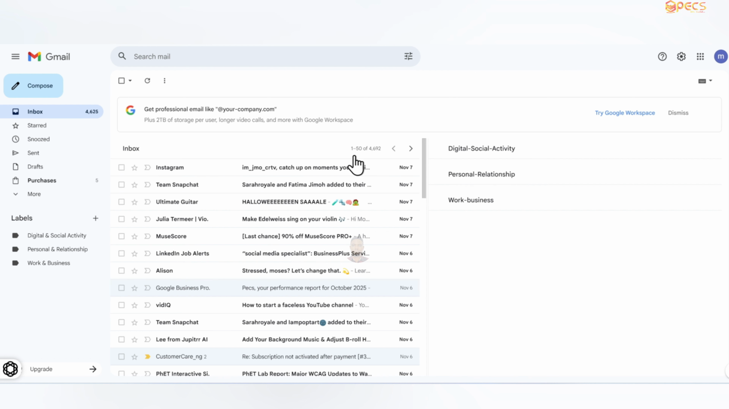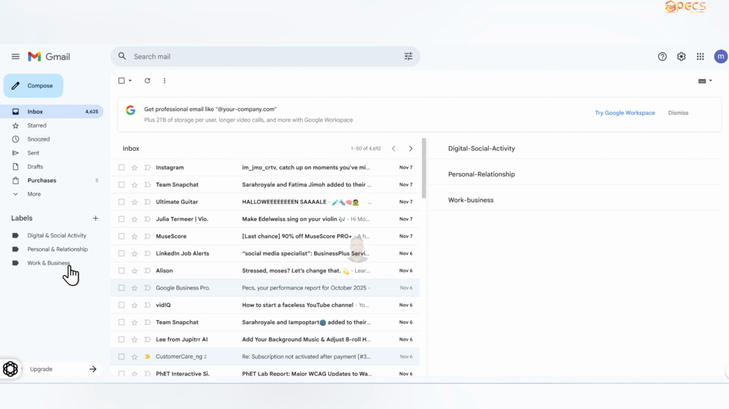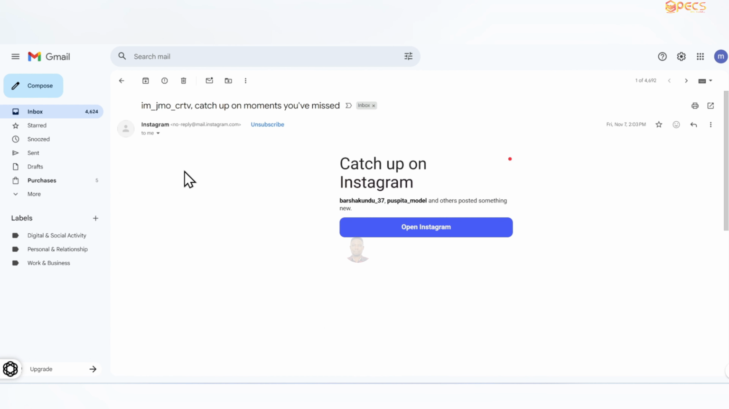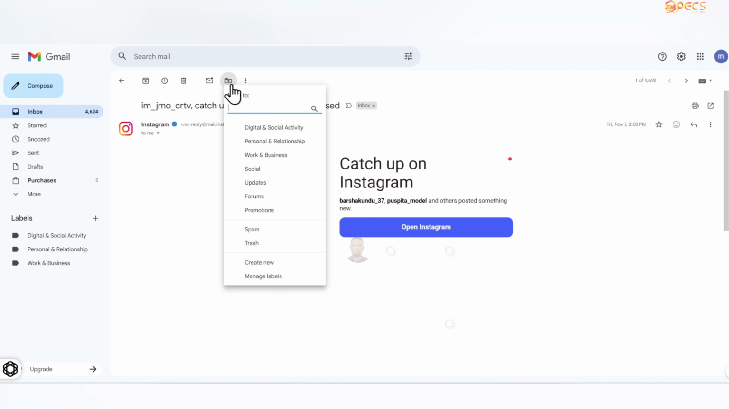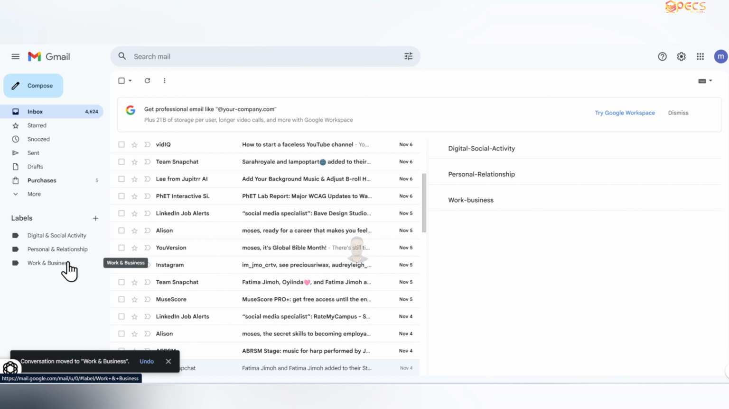So what we're going to do now, that you're going to see the label on the top right corner, and on the left is where our messages are. So for example, Instagram, I will check. This is a notification I received from Instagram. So where will I drag it to? You can do it in two ways. You click this plus icon, and then you pick the label,